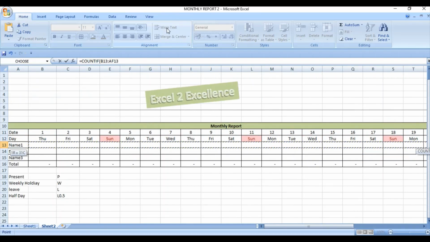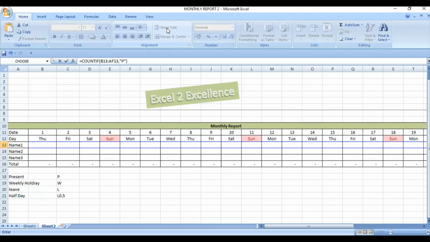This is our range B13 to AF13, and the criteria is present. So in quotation sign right here P, close this quotation sign, close this bracket,